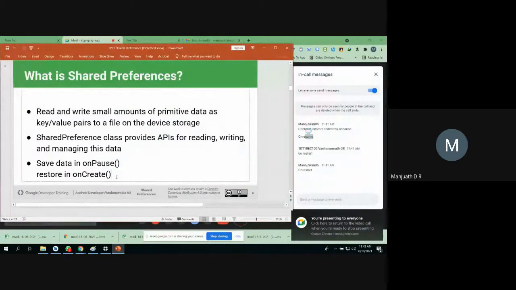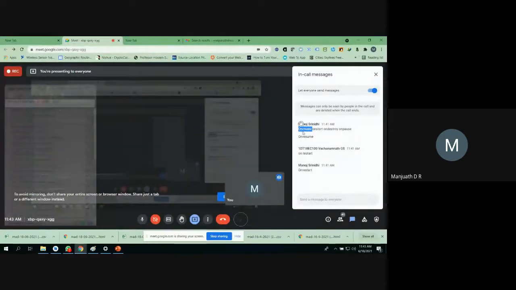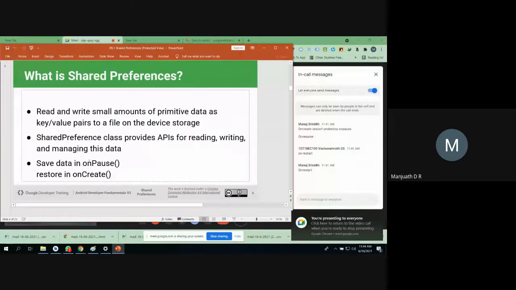In onCreate, what happens if you completely destroy your app, even from the cache, and then start it? Then you put the restoring of data in onCreate. But when the app is still present in the memory, and you are in an onPause state, suppose you go to another activity and press the back button, then the first method called is not onCreate, right? It is onRestart, then you come to onStart or onResume, right? That's why it is better to put your data in onResume rather than in onCreate.